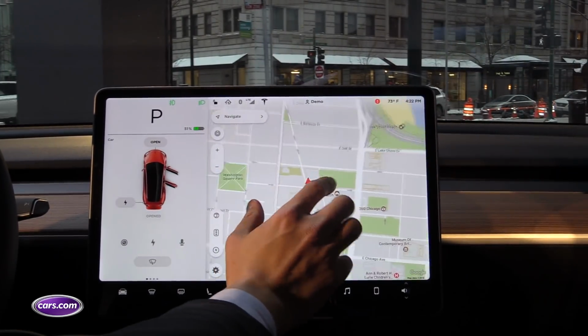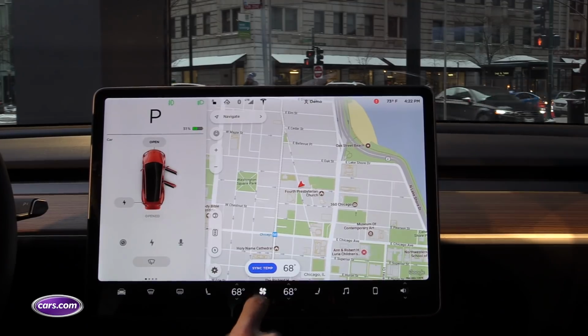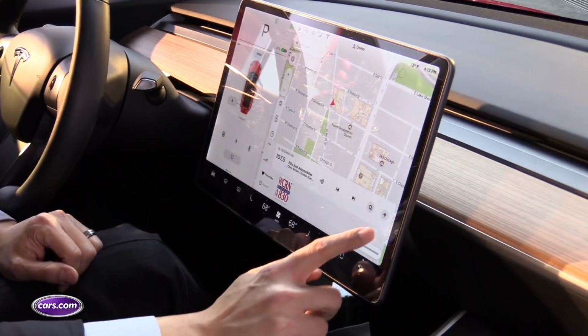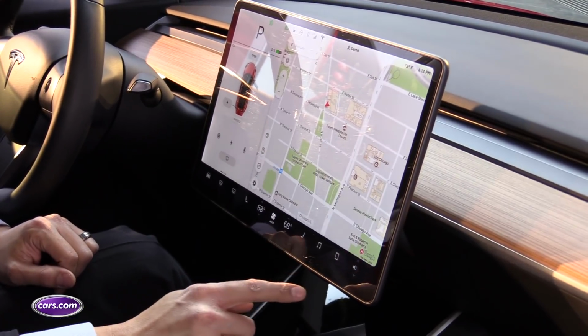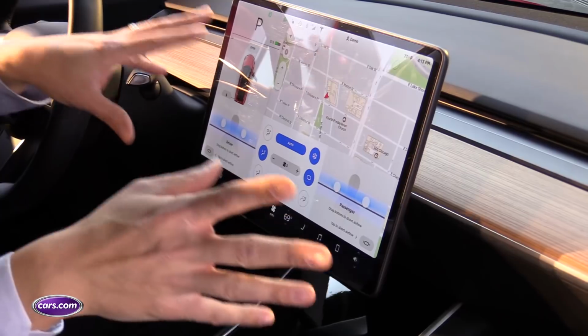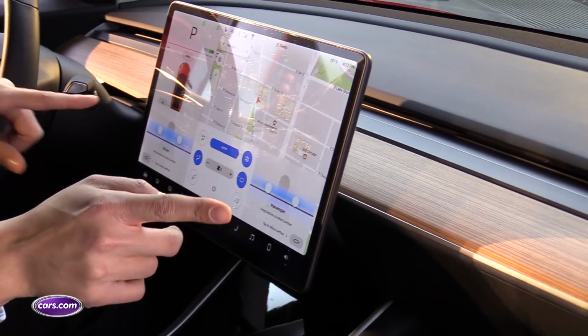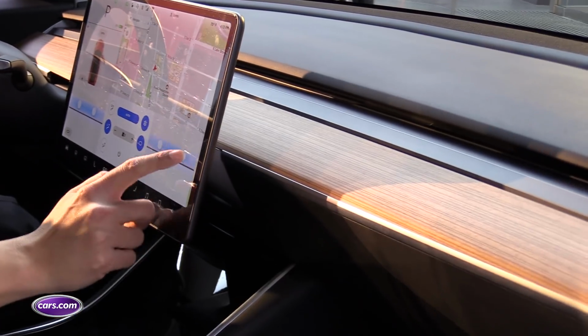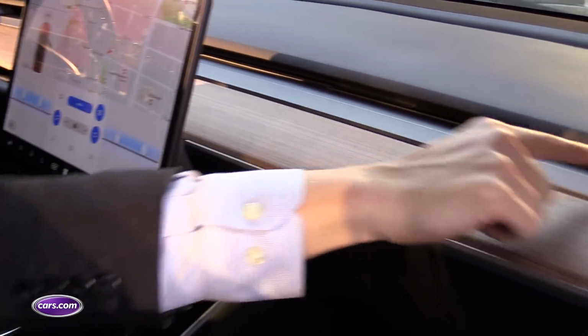It all works through a 4G LTE connection, and pretty much everything else but the kitchen sink is in here. Everything from volume to phone controls to climate, whatever you want to do there. There's even some very cool stuff in terms of what you can control. The air vents, for example. I mean, passengers can kind of control the direction of the air vents,